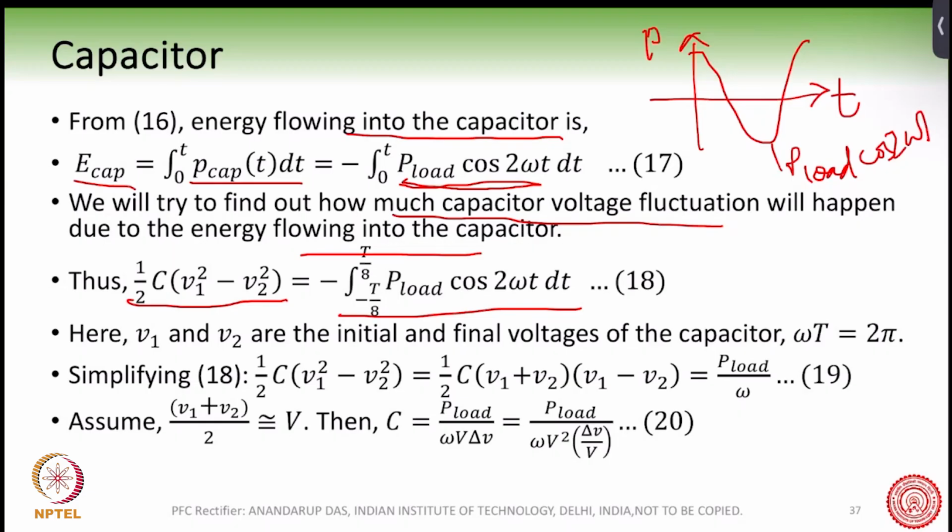So it will look like this. Which means that it is like this. So the total energy that is flowing into the capacitor is this one, right? And this will happen from T by 8 to minus, so this and minus 2. So we are trying to find out the entire energy inside, or the area under the curve for this